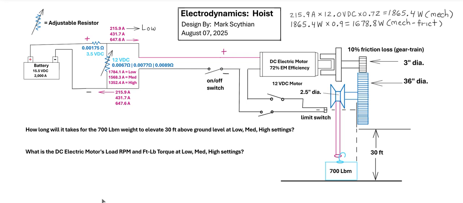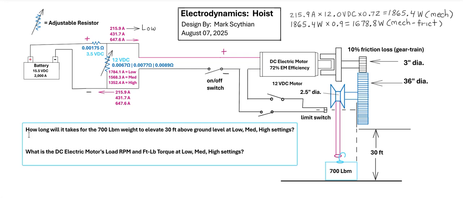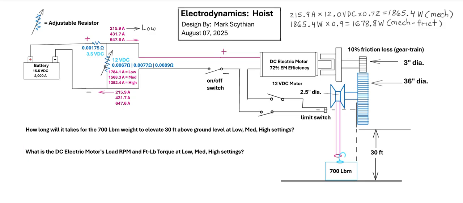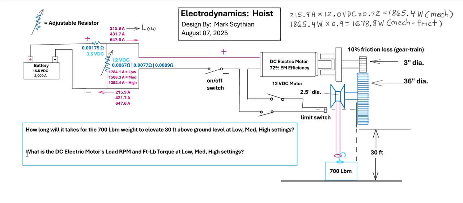So a good set of design questions to ask is, how long will it take for the 700-pound weight to elevate 30 feet above ground level at low, medium, and high settings here on this parallel potentiometer circuit as a speed controller to the motor? And then the second question is, what is the DC electric motor's load RPM and foot-pounds torque at low, medium,